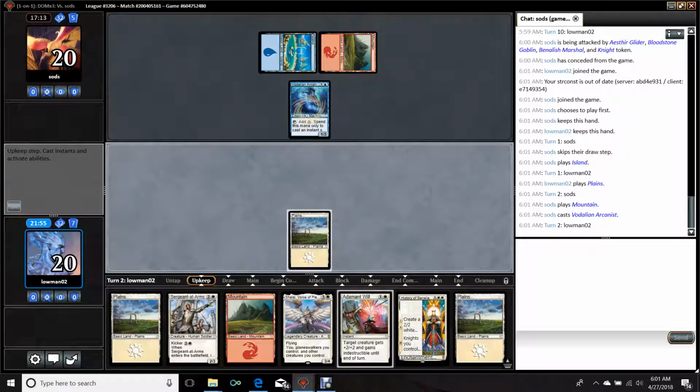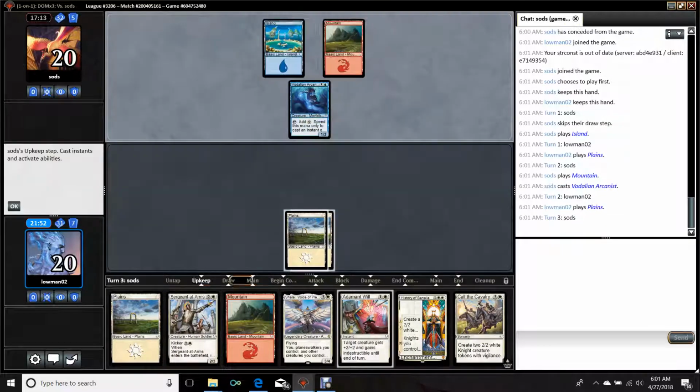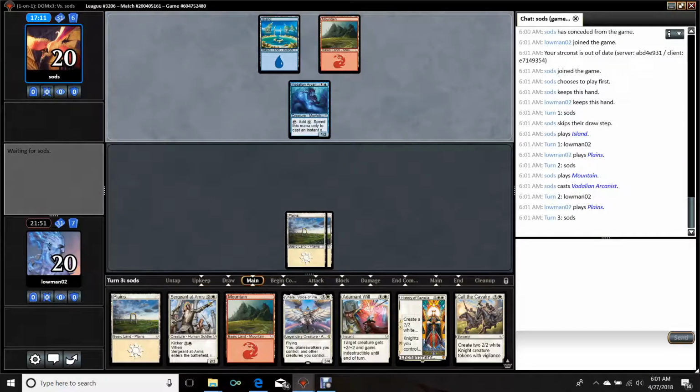Okay. Didn't see a lot of instants and sorceries out of my opponent. Looks like the blue half of their deck kind of got cut. I don't really mind a 1-3. It's okay. Well, that's a lot more blue mana than they had last time. They cast a lot more red spells last time. Hopefully I don't have, like...